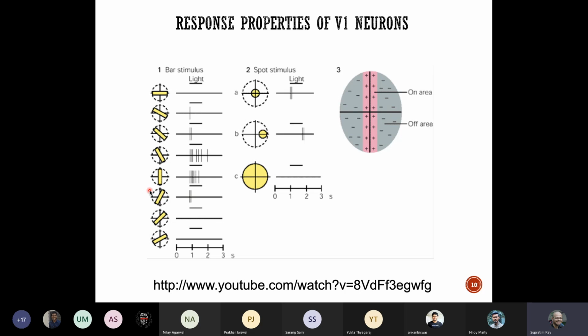So in your area V2, which is after V1, neurons care about contours, for example. In area V4, they would depend on curvatures, whether it's sharp or oriented in a particular way. If you go to an area like IT, neurons respond to faces, or very complicated things, like dogs but not cats, Bill Clinton but not Hillary Clinton, and so on. So neurons become more and more selective and more sophisticated as we go up the visual hierarchy, and all of